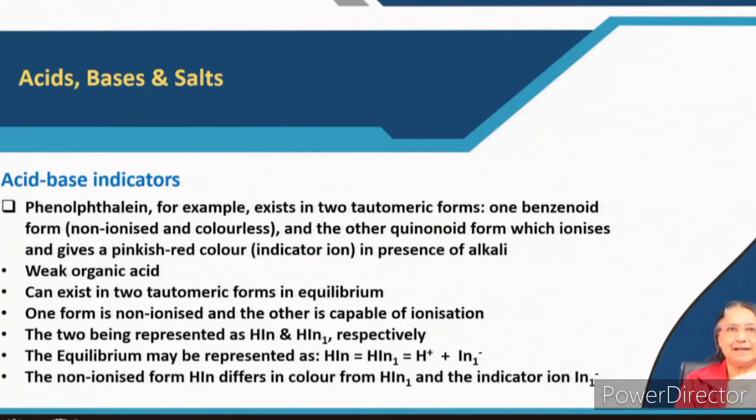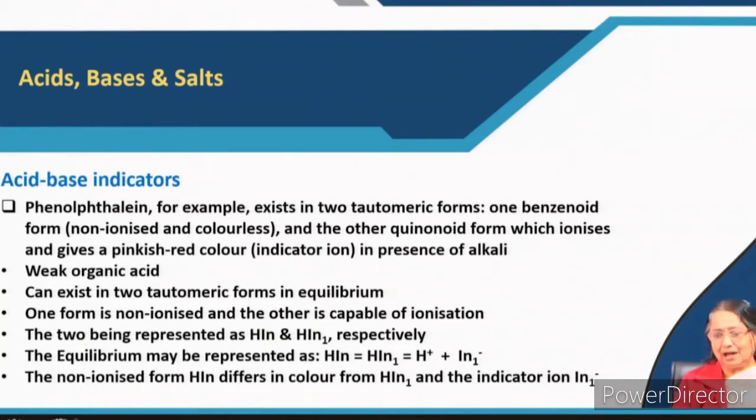So, for example, there are acid base indicators which we use for acid base titrations. There are some metal ion indicators which we will use for metal ion determination, say for example, for hardness determination. There are some redox indicators which we use for redox titrations, and there are some adsorption indicators also which we use for other purposes. Now, because we are talking about acids, bases and salts, I will tell you about the acid base indicators.